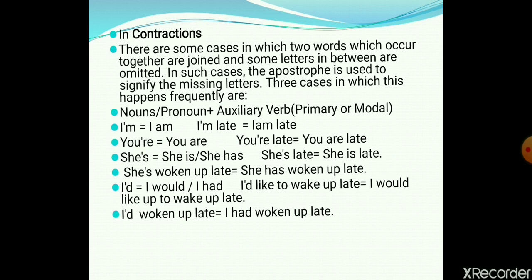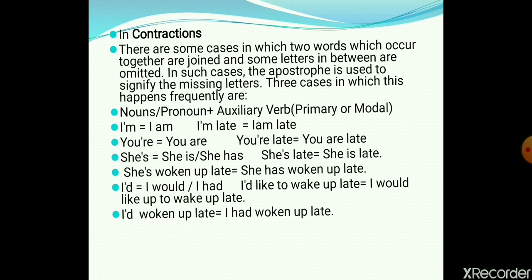I'm. So over here I am putting the apostrophe after I. Which letter am I omitting? I am omitting the letter A. Is it clear? So whenever you see I'm written like this where A is omitted, the meaning of that word is I am. So if I say I'm late, it is I am late.